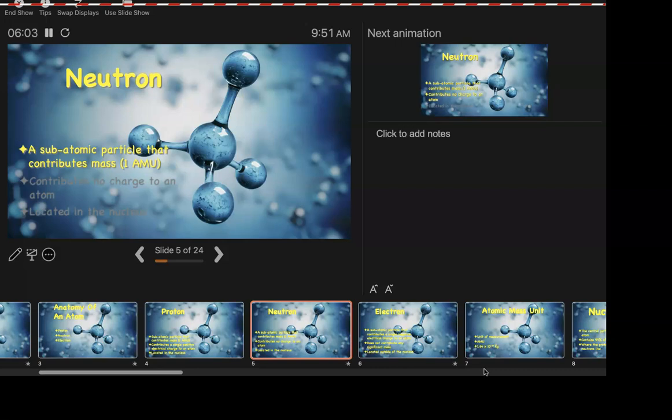The first 4 letters. Well, hell, first 5 letters. All right. Neutron, neutral. They really just changed. So they weren't really trying when they named this one, huh? So the neutron gives 1 AMU, and it puts no charge into an atom. And where does it live? It lives in the nucleus as well.